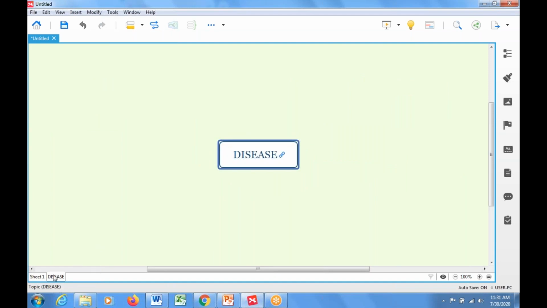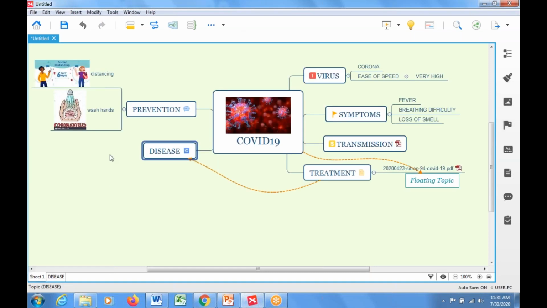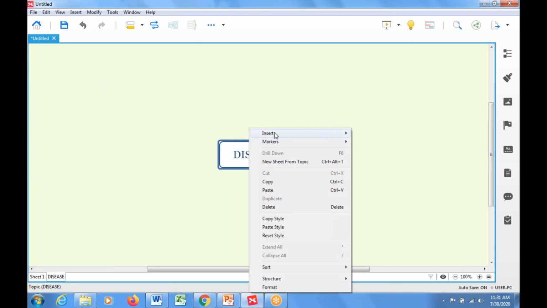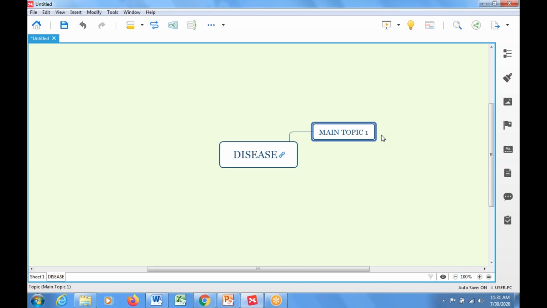You can see here, please see the left bottommost portion of the screen. Already sheet 1 was there. This was the sheet we are working on. Here, one more additional sheet is created called disease. That is one particular branch alone I made look like an independent mind map. Now I can go on to work on this particular topic, treating it as a separate mind map. I can create an in-depth mind map on this particular disease alone.